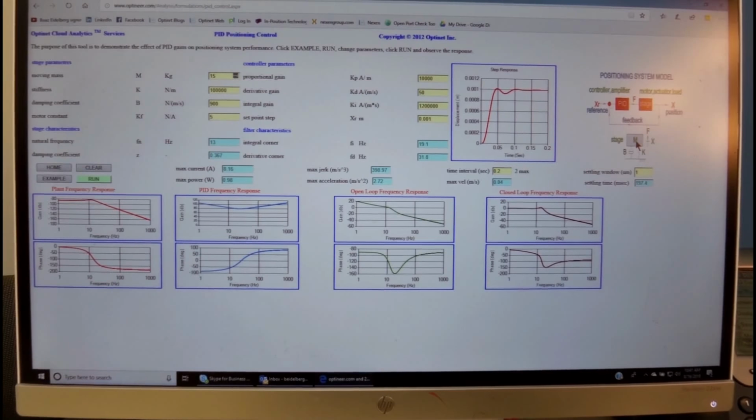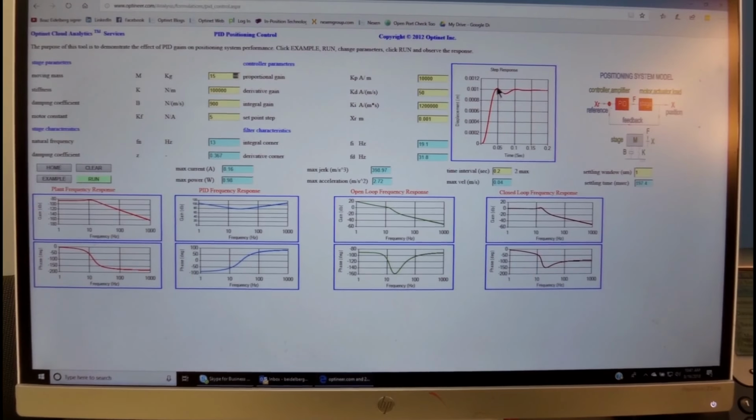These are the main characteristics of any system. Any actuator will have a mass, some stiffness, and some damping or friction. And we apply a force on it, and then we generate a displacement X.